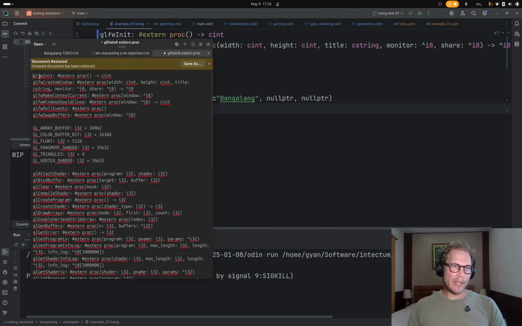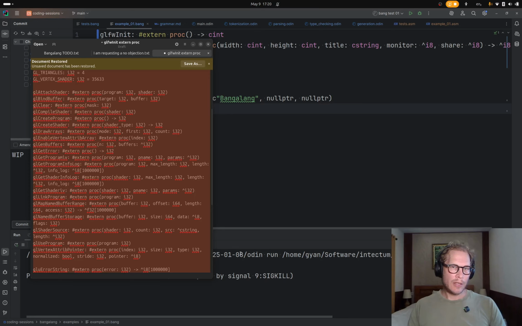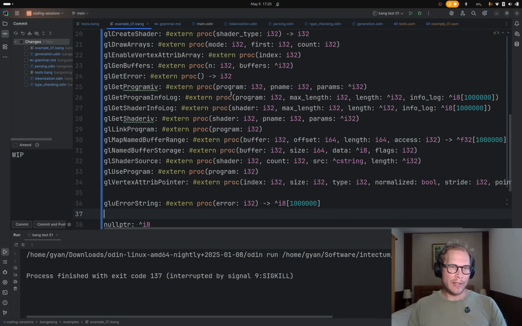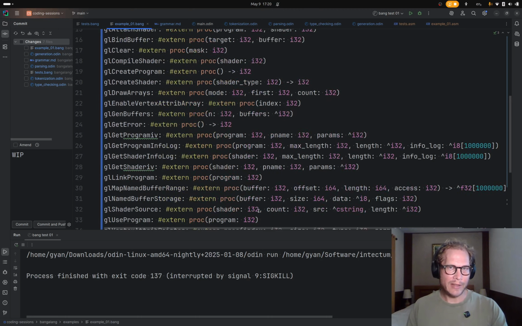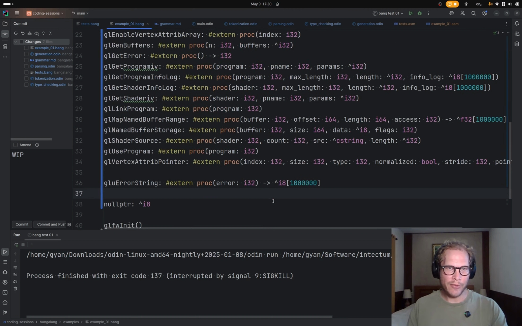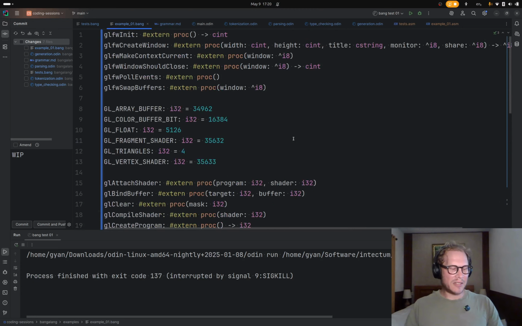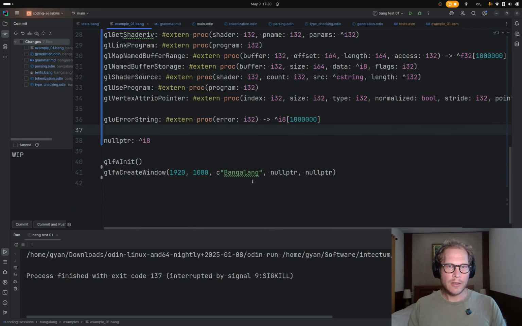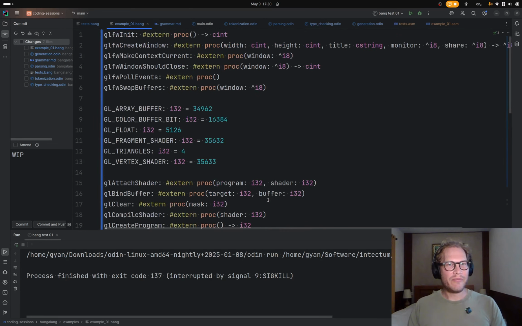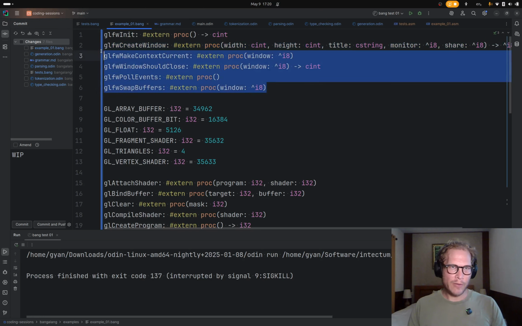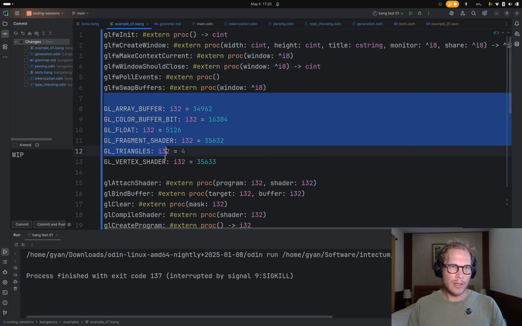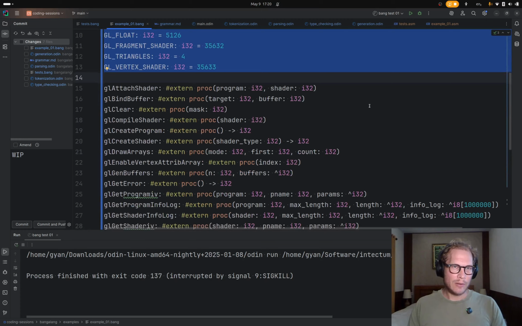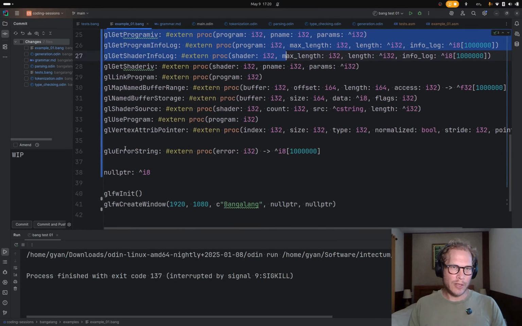So I've got a list here already that I created. These are all the procedures we're going to need. I thought it was going to be a bit tedious to try and create these. Hopefully they're all correct enough. But I just thought it was going to be tedious and time consuming to do it during the session, so I pre-did it. So we have a few more GLFW procedures, some OpenGL constants and a whole bunch of OpenGL procedures, and a GL utility procedure also